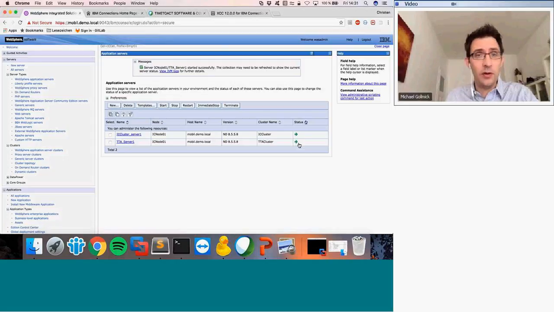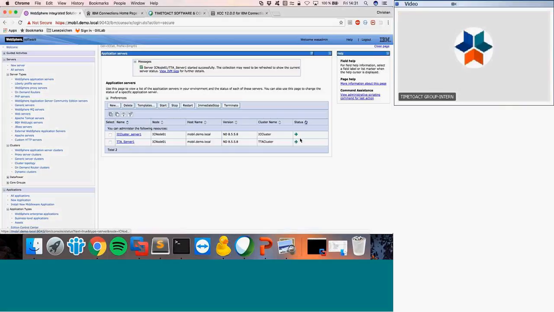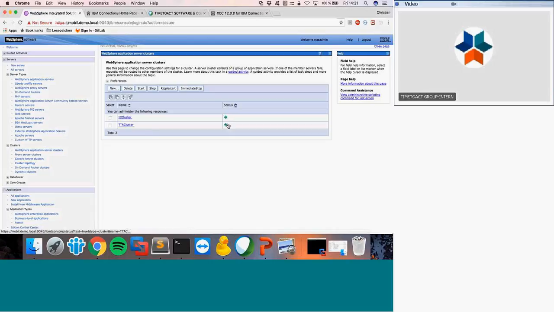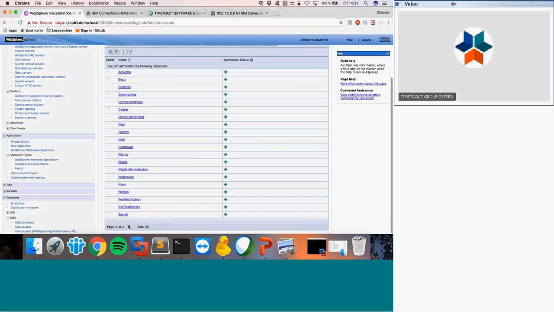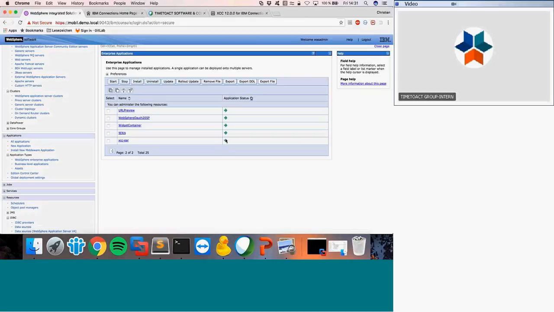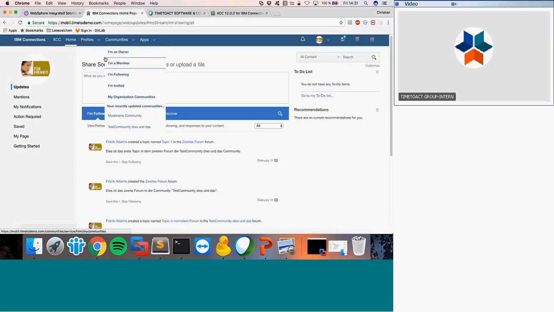When Chris finished, he can now open the application. Yeah, the server started. I can go to the cluster and see, okay, the cluster is now also started. Now also check my applications. So I will go back to Applications, WebSphere Enterprise Applications, and see, okay, XCC is also started. So now this is the first time I'm here on my